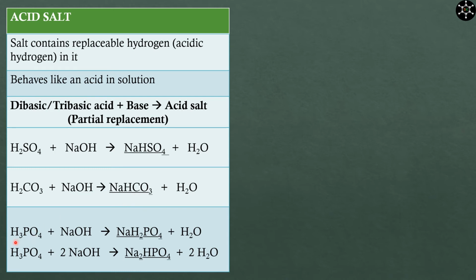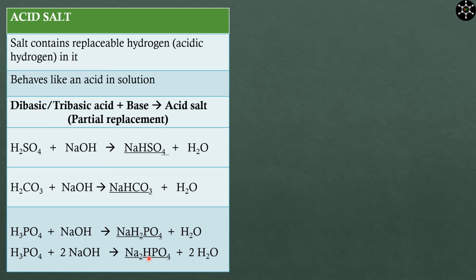Phosphoric acid, that is H3PO4, is a tribasic acid having 3 acidic hydrogen atoms in it. When phosphoric acid is treated with sodium hydroxide in 1:1 ratio, we get sodium dihydrogen phosphate salt. This is having 2 acidic hydrogen atoms in it. When phosphoric acid is treated with sodium hydroxide in 1:2 ratio, we get disodium hydrogen phosphate salt, which is having